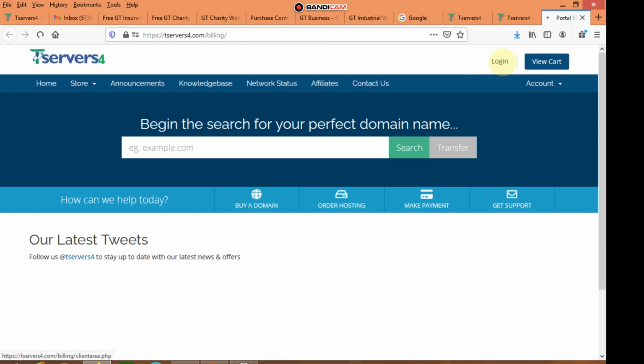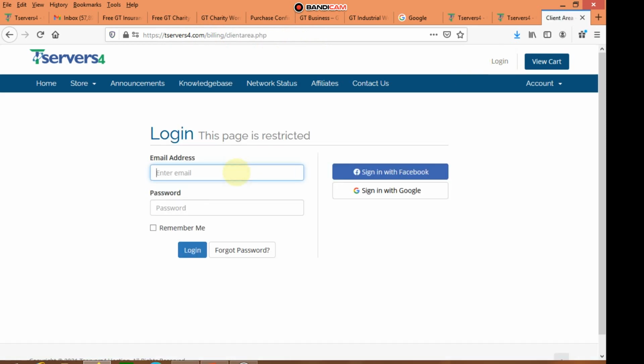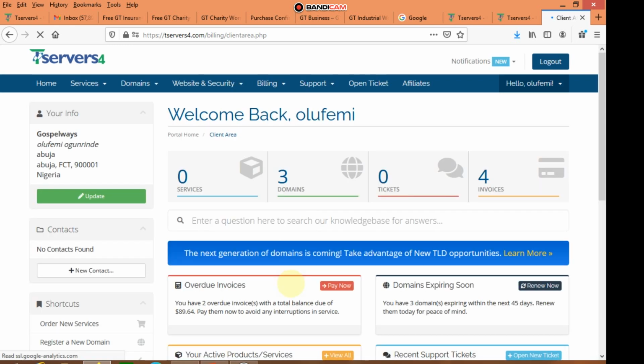Then you go straight to login, and from login you enter the account that you already have hosted. For those who don't have an account, you can sign up, you can do registration. This page will not take you there, but it is expected that in the course of provisioning your hosting and domain, you'll be privileged to enter some details that will create this account for you. Now I'm going to use one of the accounts I have, trendconnectng at gmail.com. The password is already written for me. Of course, I saved the password earlier.